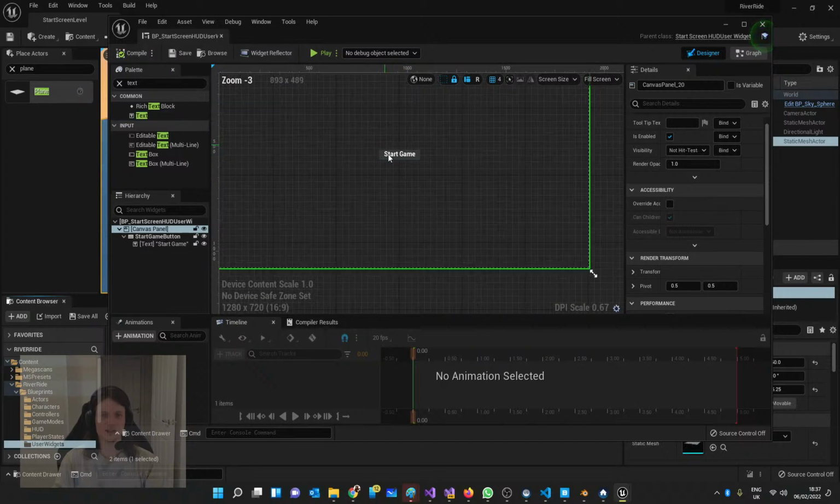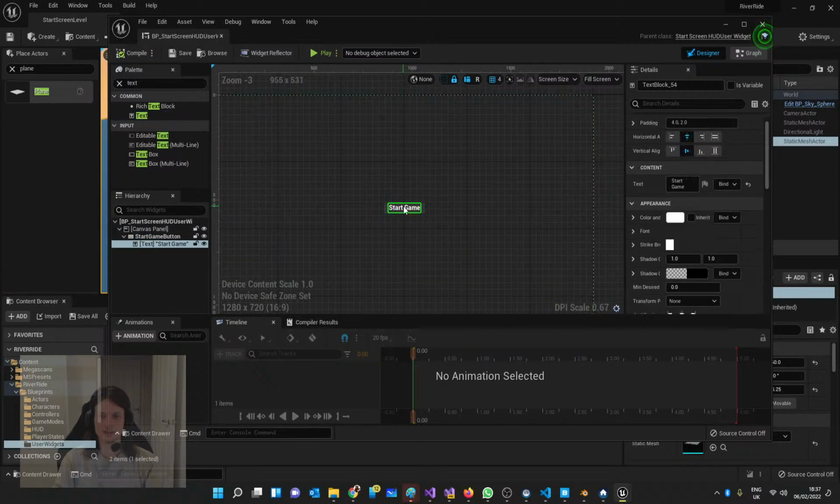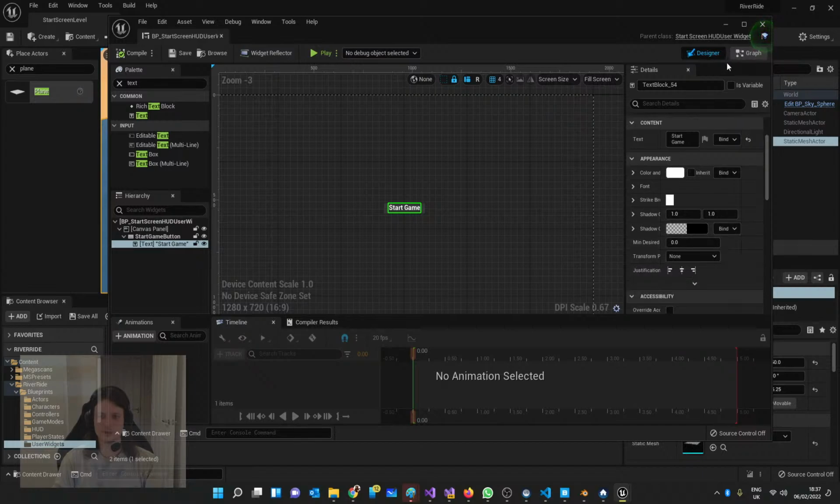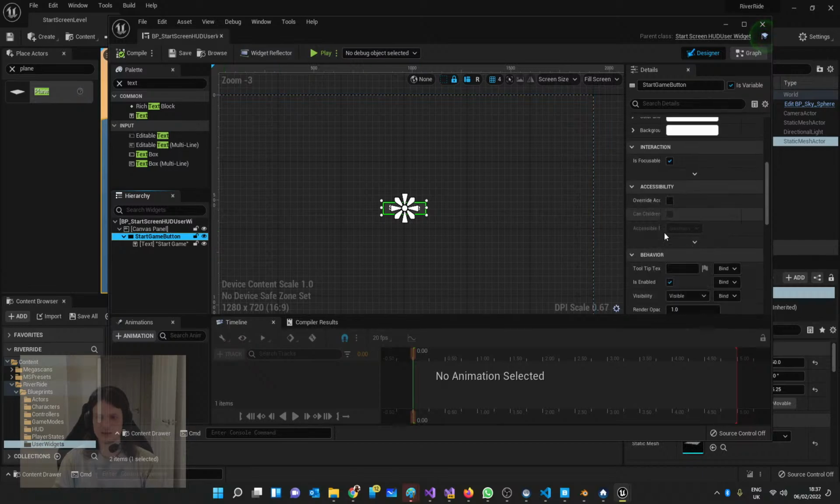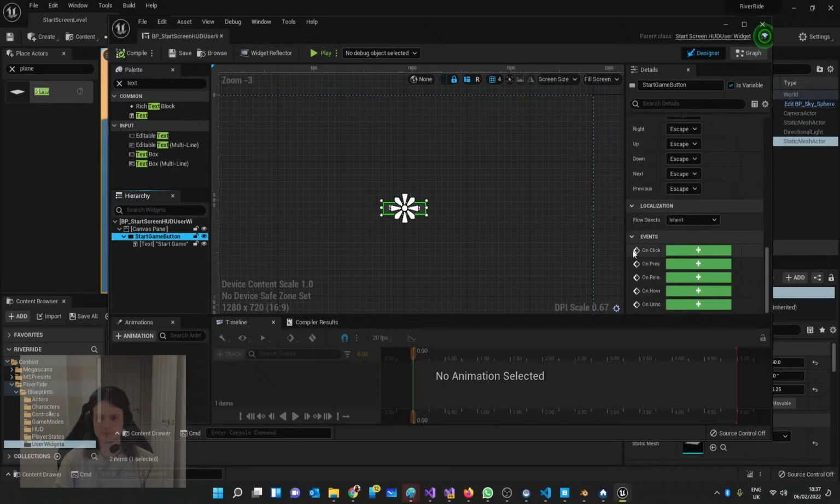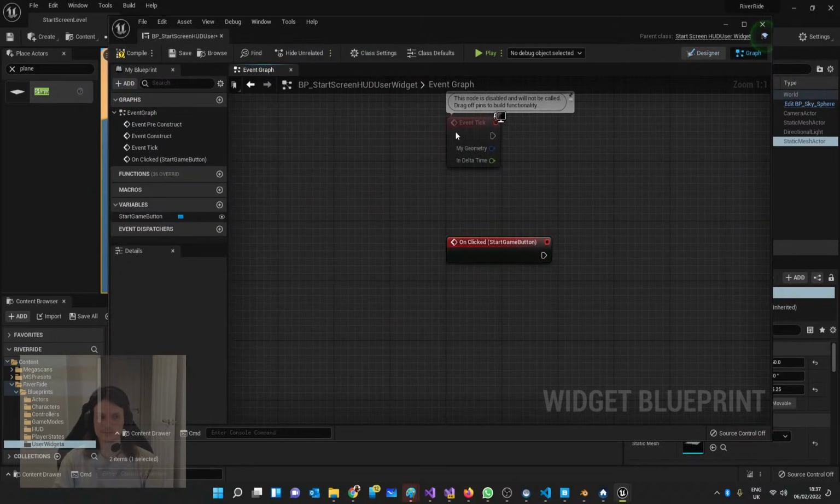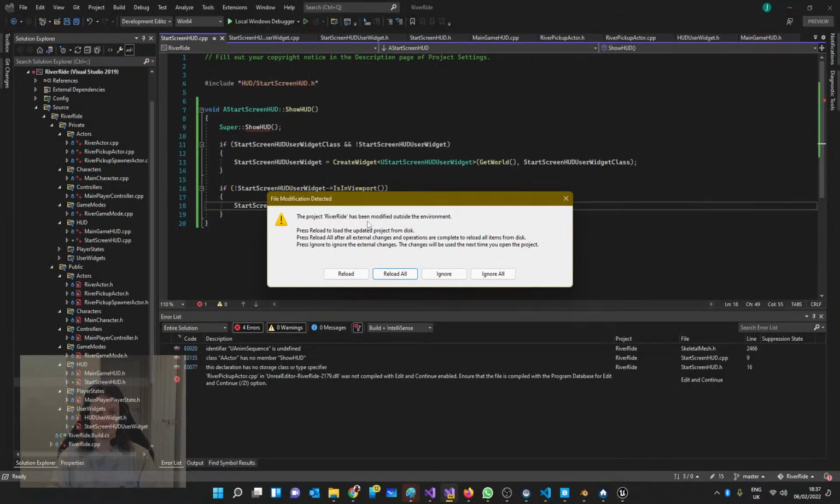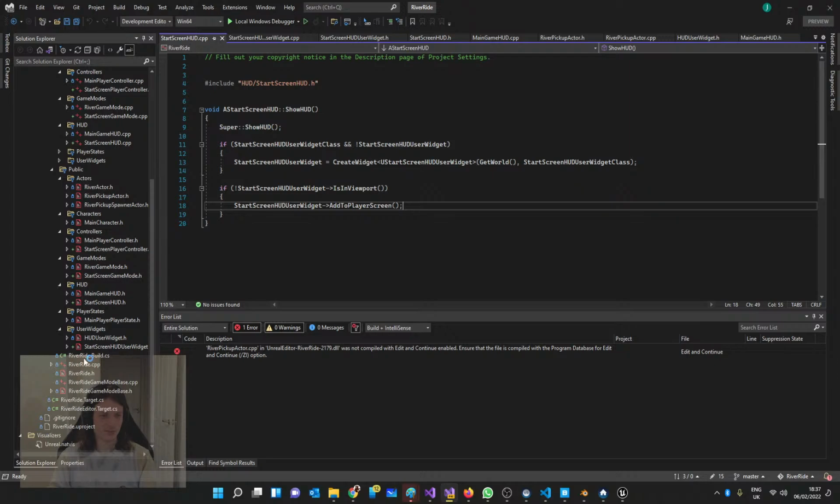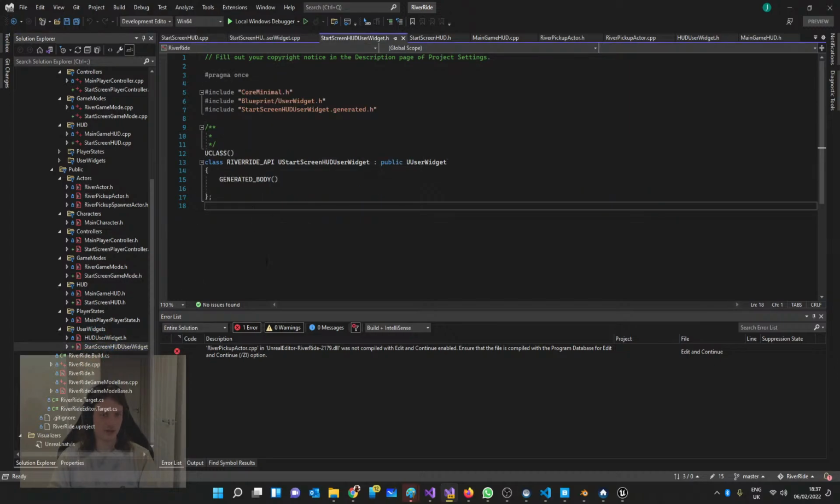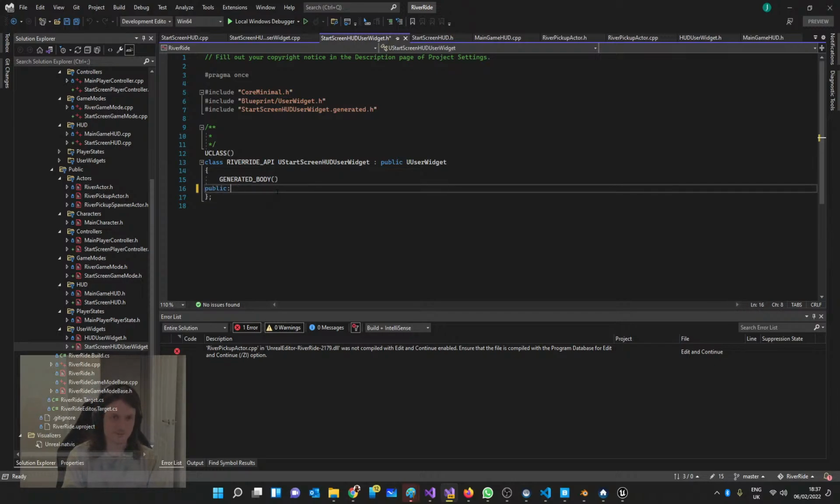The content being the text, right? Good, okay. And what we can do is we can bind the click event. If we click that, we can load a level using that click event. But what we really want to do is have a function in our code to govern that loading of the level. So if we go to our user widget, start screen HUD user widget, and we go public,